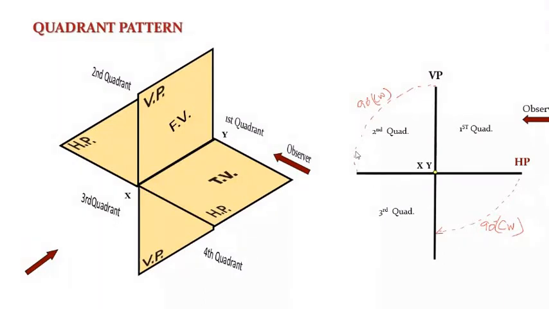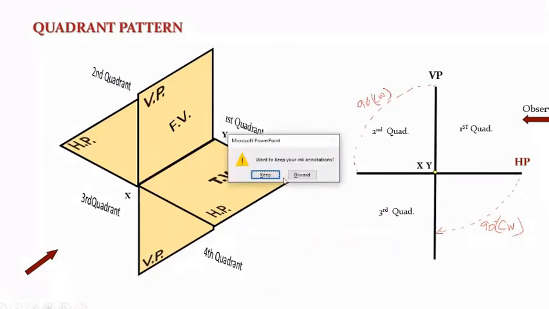It will become like a vertical plane. So the horizontal plane will overlap with the vertical plane. Am I right? So it will get overlapped with the vertical plane. And when you are in the third quadrant, again you will rotate clockwise 90 degrees. If you do that, the horizontal plane will go above the vertical plane. And when we are in the fourth quadrant, it will get overlapped. So something like this will happen.